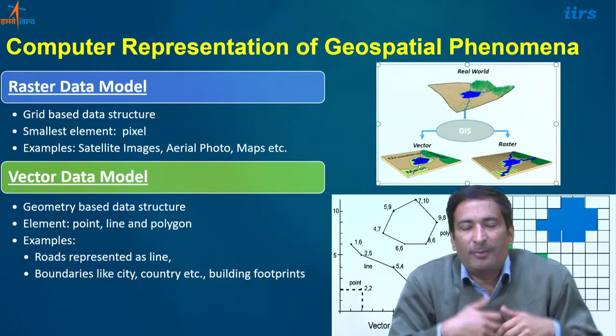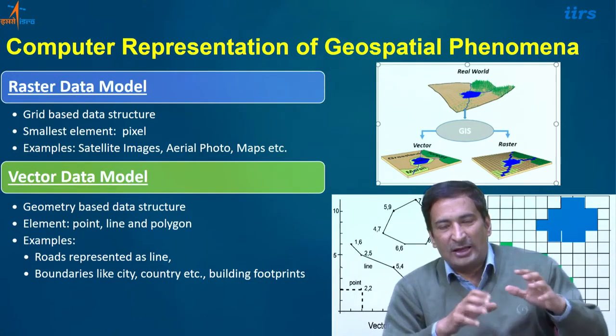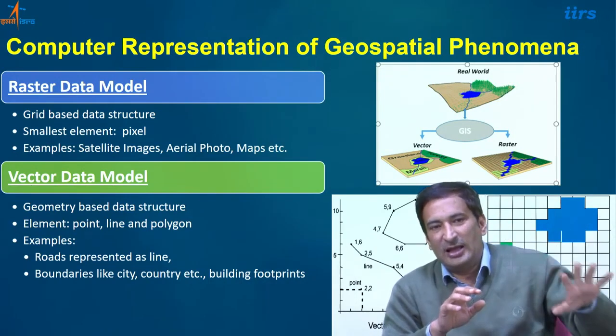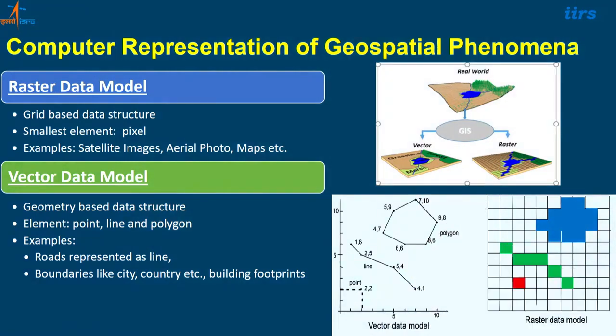Now, how do we represent these kinds of data sets? Once I know what remote sensing, GIS and GNSS are, and that they generate the data which we call GIS data or geospatial data, how do we represent it? Basically there are two models for representing the data. The first we call the raster data model. All these satellite images, or the scanned maps, come under the raster data model. The second is the vector data model.